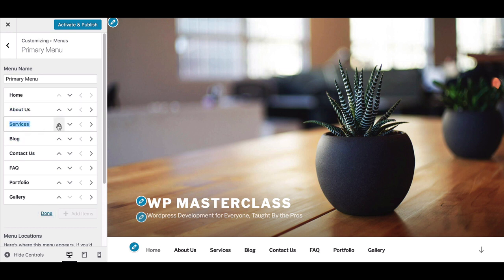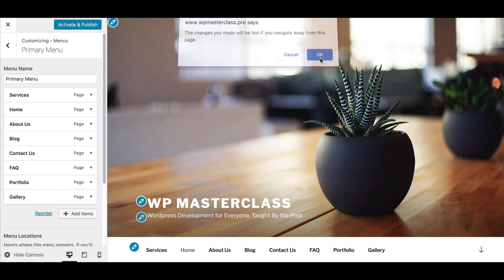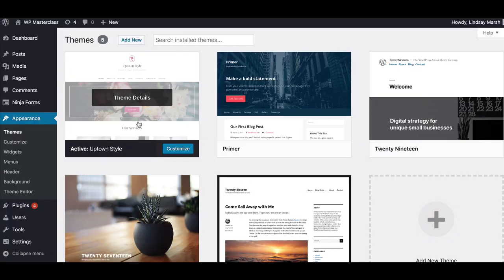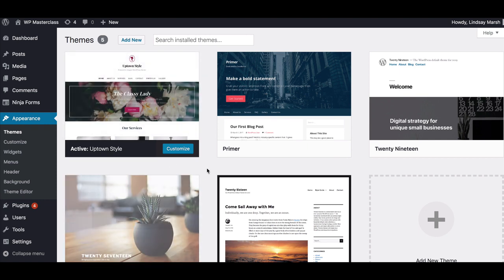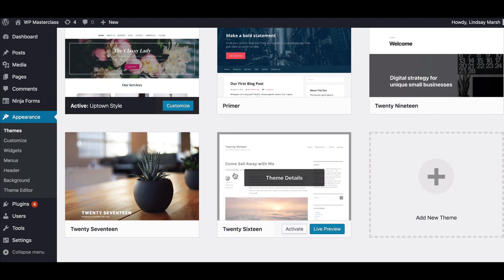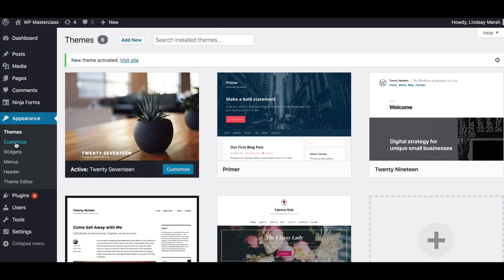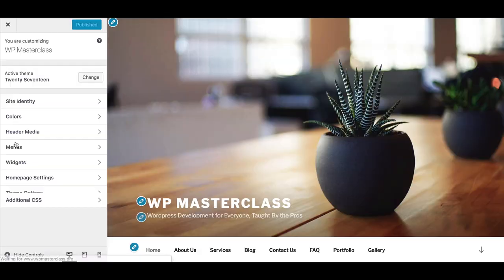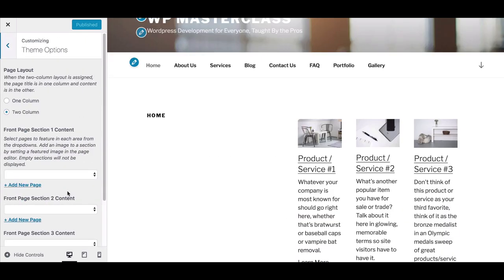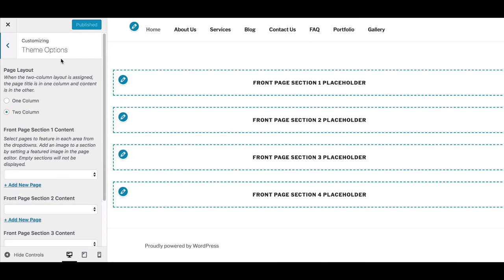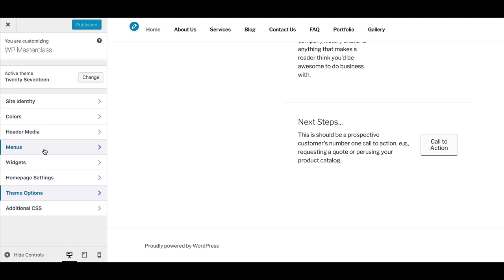You can even change the menu system very easily. They've just recently updated WordPress, and they're continuing to change the desktop or the dashboard. So you might see some differences from when you're looking at it, but it's overall pretty much the same. You can go ahead and just activate that theme, and then you can customize. So let's say we want to go ahead and activate this. We can go down to Customize, and that's how you can go in and do some of the theme options, edit the menus,